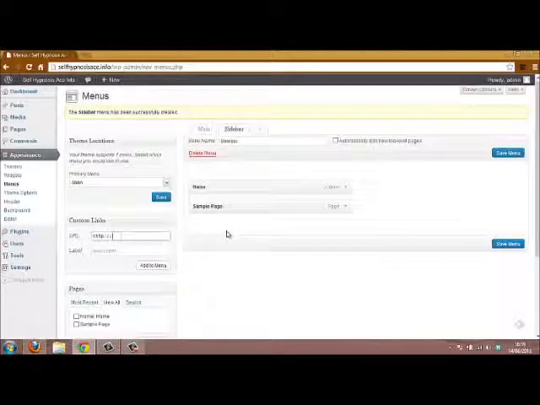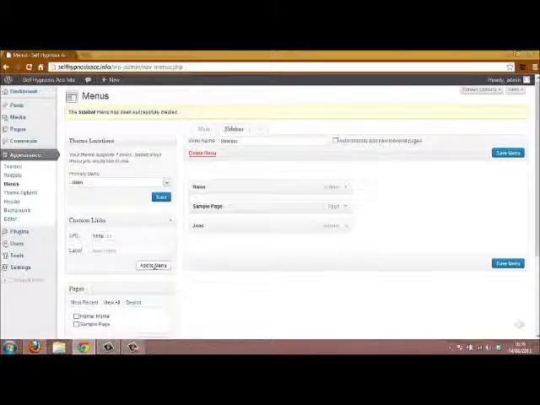So say we have a custom link which goes to, I don't know whether this site exists, perhaps it doesn't, we'll put it joe.com, okay? Whether it exists or not, I'm not certain, but we'll just put Joe's in, okay? And that should come up. When you press the add to menu button, that goes on to your sidebar menu, okay? So you save that menu, and when you want to show that menu on a sidebar,